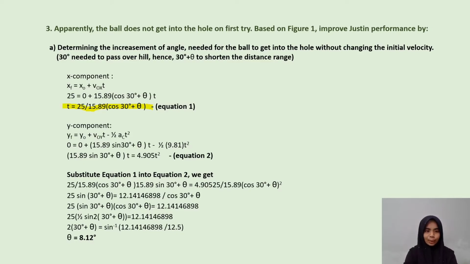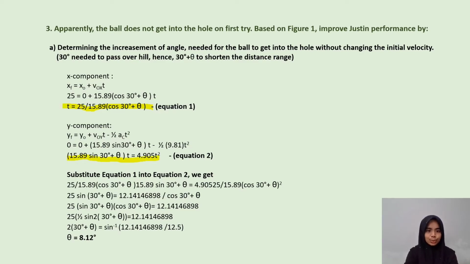In the y component, we use this formula and we get 0 equal to 0 plus 15.89 sin of 30 plus theta times t minus half multiplied with 9.81 t squared,